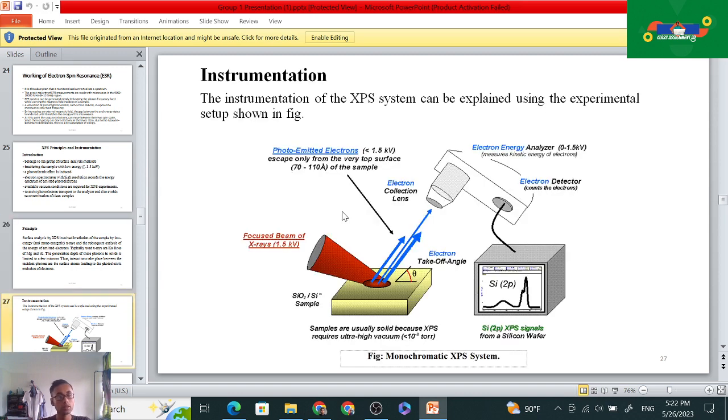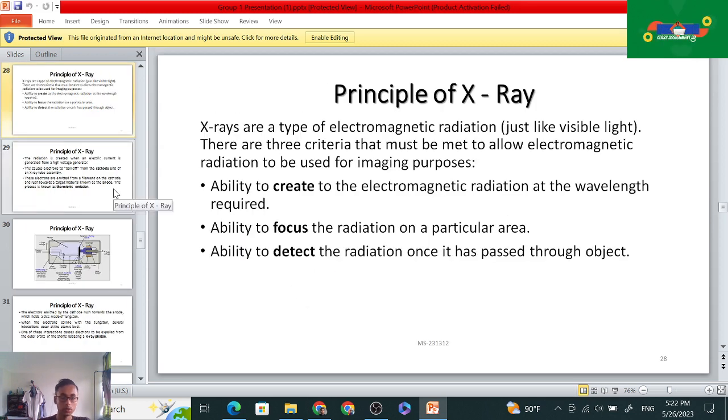Then the instrumentation of the XPS system can be explained using the experimental setup showing monochromatic XPS system here. So this is the figure. Then principle of the X-ray. X-rays are a type of electromagnetic radiation. Just like the visible light, there are three criteria that must be met to allow the electromagnetic radiation to be used for the imaging purpose: ability to